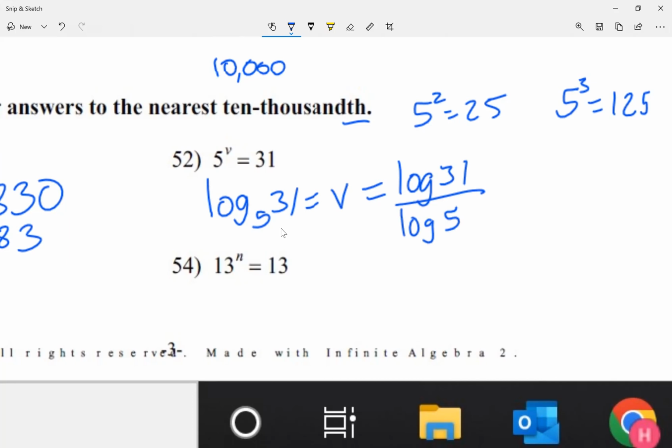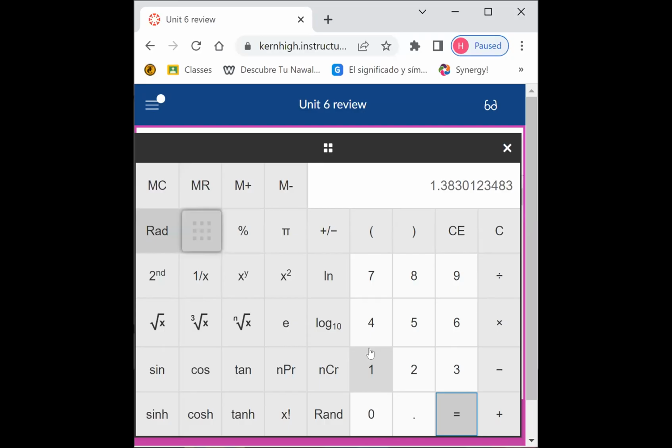Let me share my calculator that I have again. So I'm just going to go here. Let me clear the last question. So I'm going to go log of 31 divided by log of 5. And it gives me